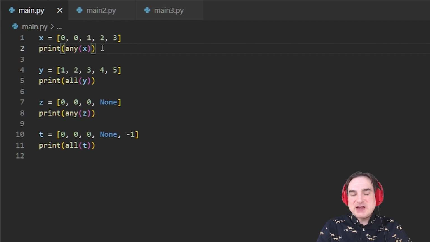What's convenient about how both of these operations work is that they terminate as early as possible. If you use all, the moment it finds one of the items in the iterable evaluates to false, all quits processing and returns a result. Likewise, if you use any, it quits processing as soon as it finds a true value. That way, you can structure your tests to terminate as quickly as possible depending on the conditions.